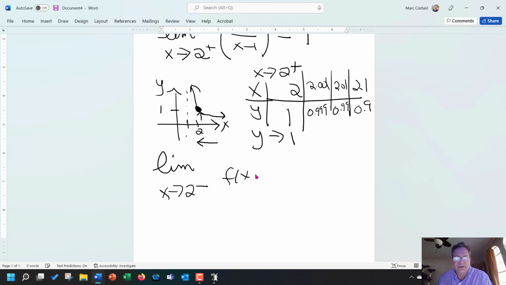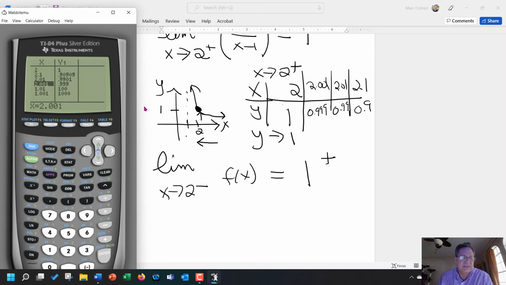And we could actually do the limit the other way and say, let's see what happens when it approaches f of x on the left. And we'll see easily that that will approach 1 from the top, right? So those would be values a little smaller than 2, so something like 1.9,